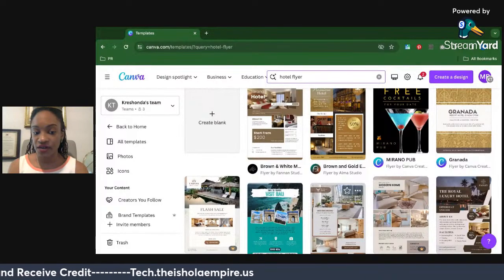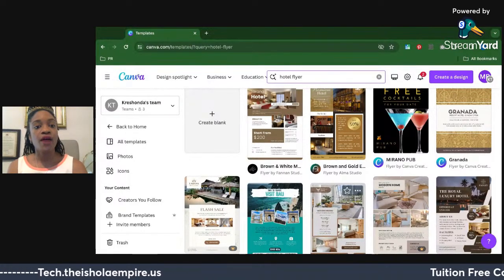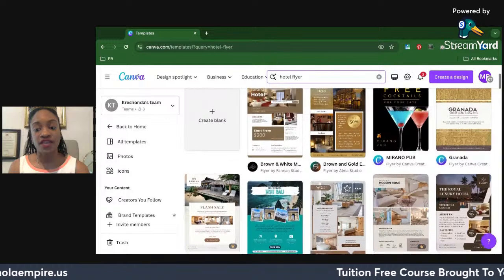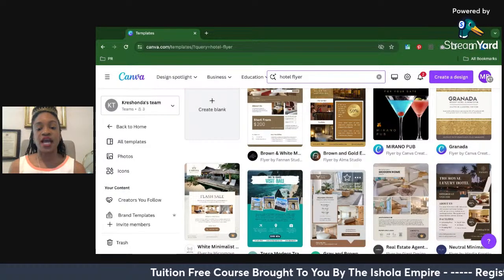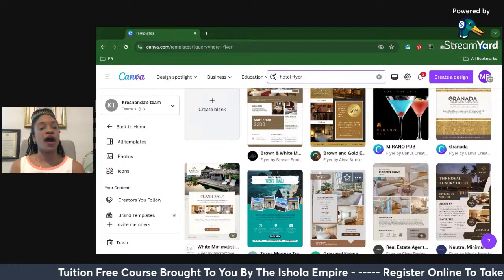So horse riding flyer didn't work well. Airbnb flyer didn't work well. Hotel flyers seem to do the trick. And now I have a lot of things I can pick from. So if I want to be able to put in pictures and information, because this person said I would like people to be able to book my Airbnb and know why they want to book my Airbnb,